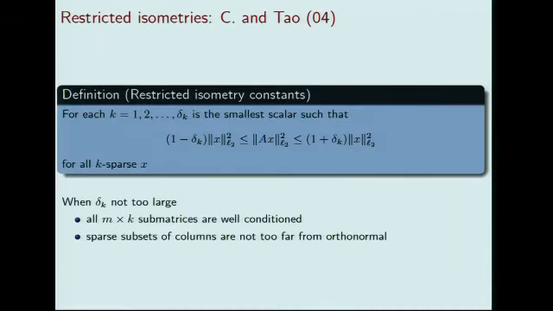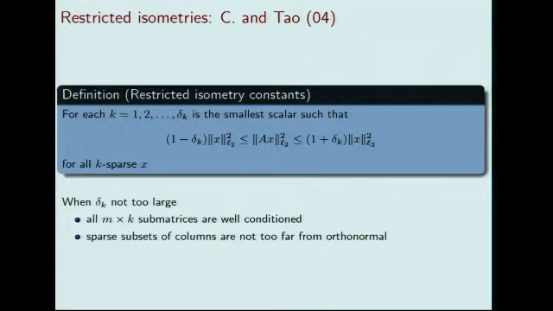Okay, so we're going to talk about restricted isometries and sparse signal recovery, and the concept of restricted isometry cannot be simpler. So we're going to really build two theories of compressed sensing, one which is based on incoherence, which is simple, and the other is based on this concept, which is, I believe, equally simple.